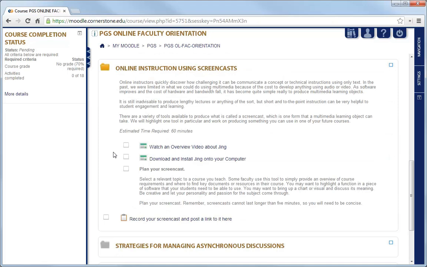Some have found it useful as a way to introduce a course and set expectations in a more personal way using their voice, more so at least than a mere text on the screen. We want you to be skilled enough to be able to produce an informal screencast to help students when necessary.